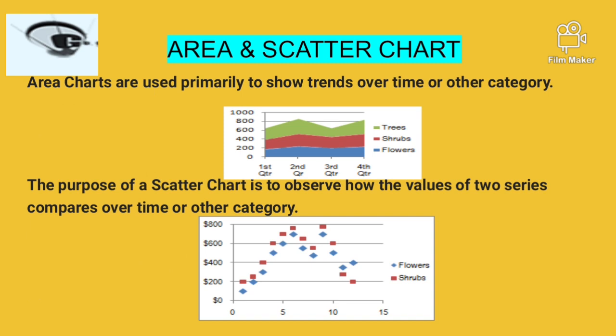The area chart generally shows trends over a time period. An area chart represents values by plotting them with the help of data points that are connected through line segments. It shows change in one or more quantities over time. Basically, the area chart is used to represent cumulative totals with the help of stacked areas. Another type of chart is the scatter chart.